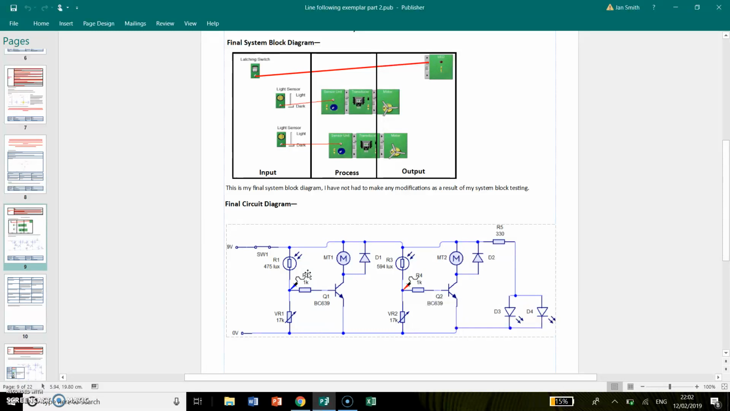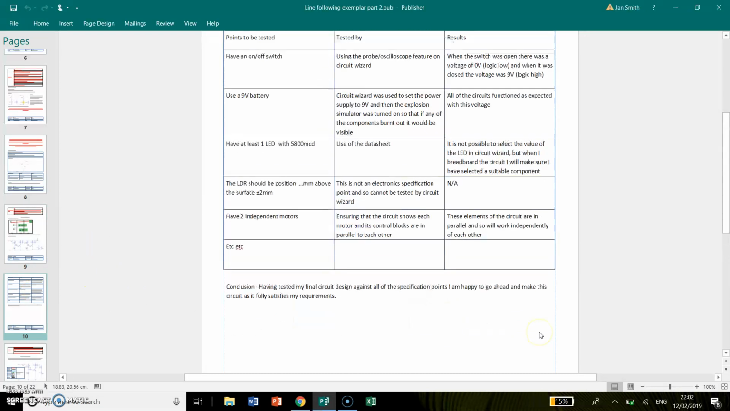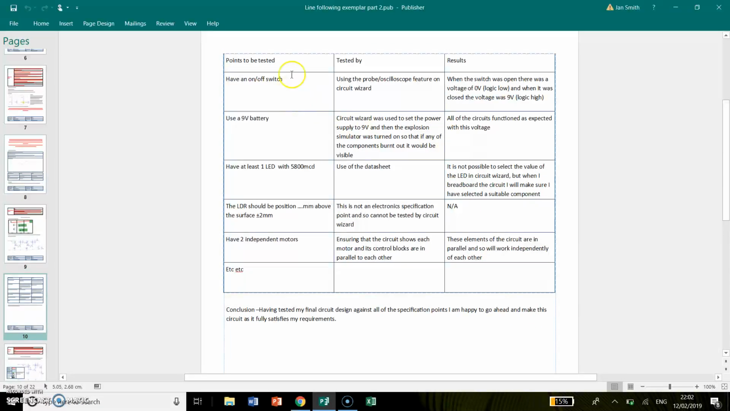And you should also, if there's a label box, so here you might put in 3-volt motor or 9-volt motor, since this is a 9-volt circuit, 9-volt motor, and you label it using Circuit Wizard and you put your circuit into the document. You then need a final evaluation of the circuit, so you should have your points to be